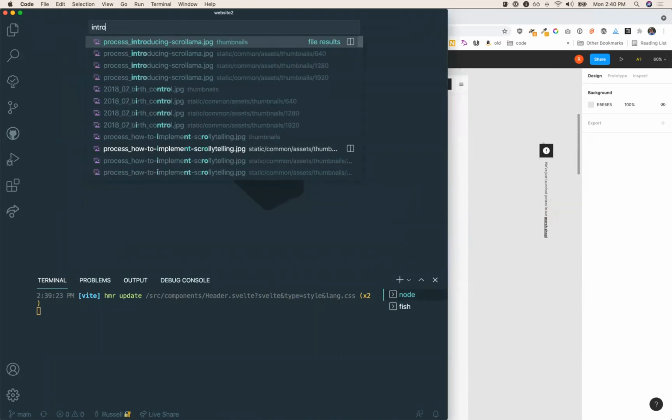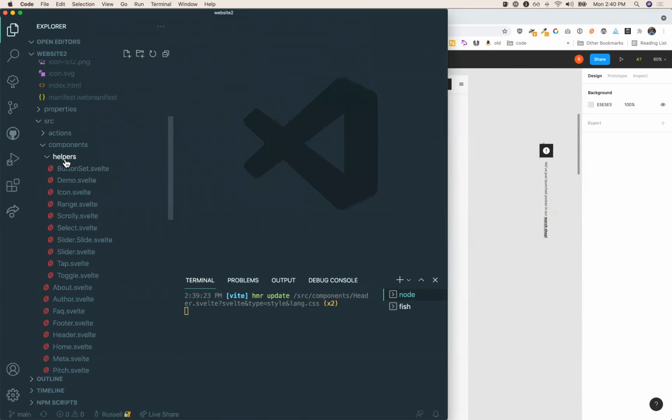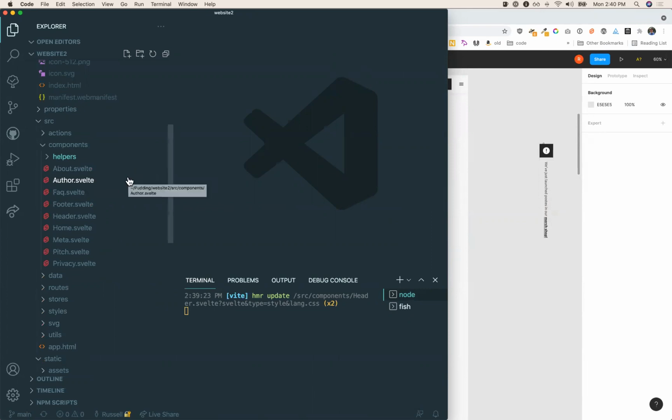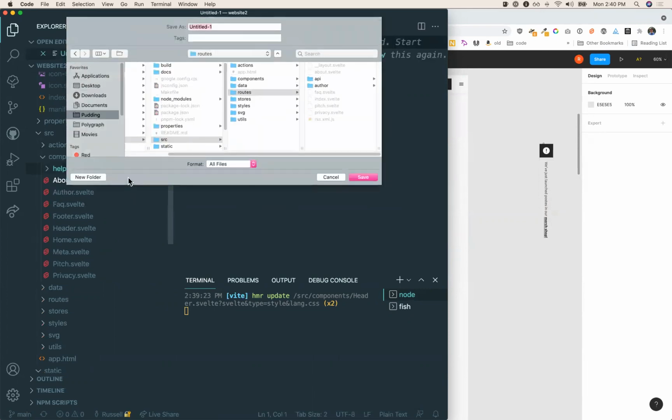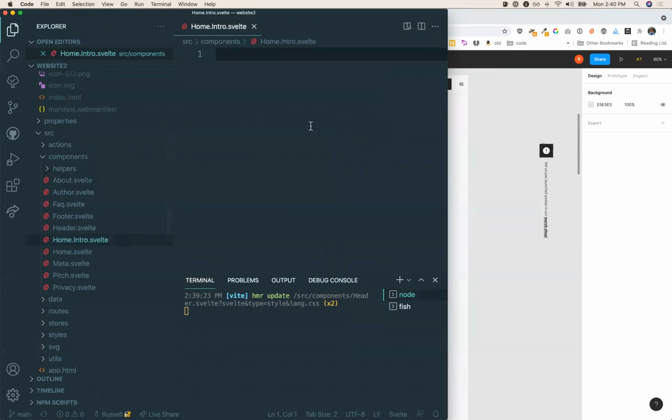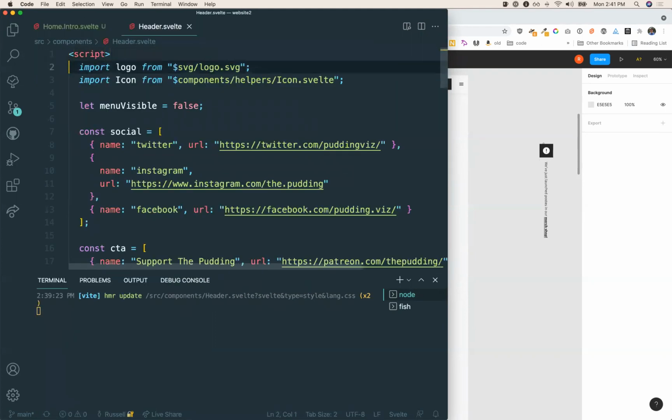I don't think we have anything called intro, so let's go to our components. And I'm going to start doing my naming convention. We're going to call this home.intro.svelte. It's all clear what everything is. Some components. And the first thing we need to do,